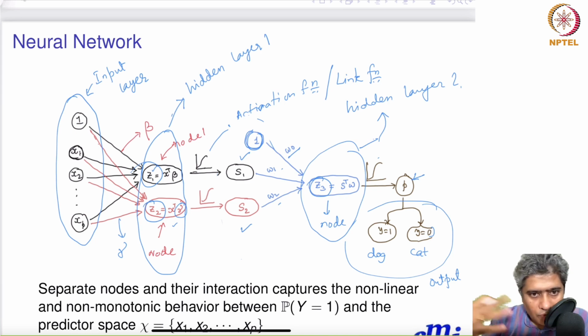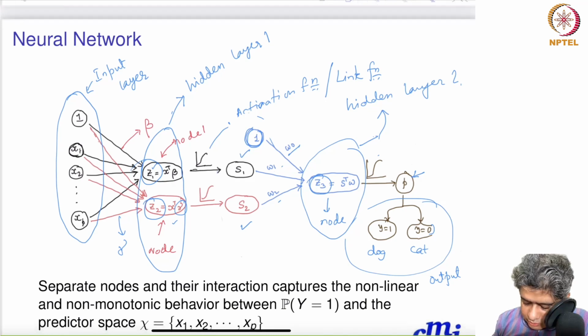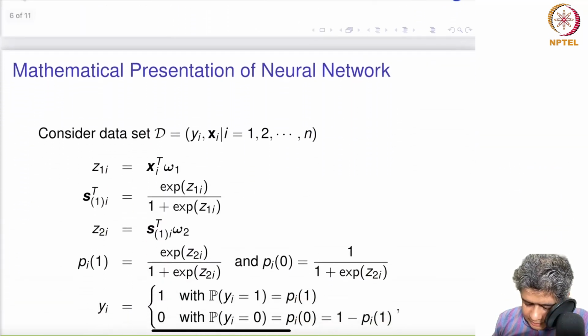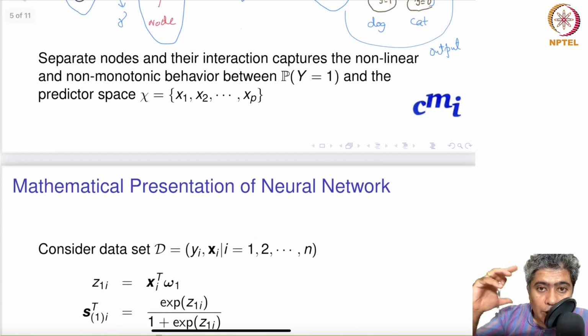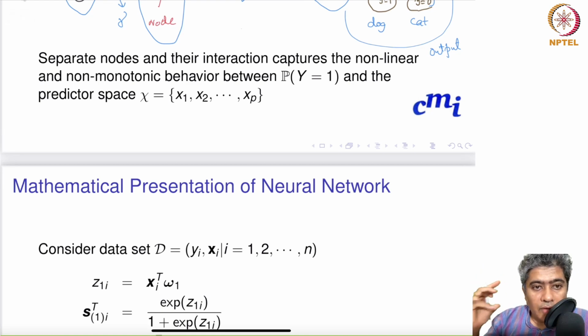They are giving a lot of interactions between X1, X2 and XP, and these interaction effects create an engineered feature in a higher dimension. As a result, it's able to model non-linear, non-monotonic behavior. So that is the purpose of